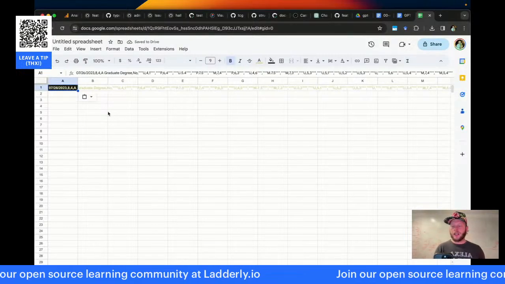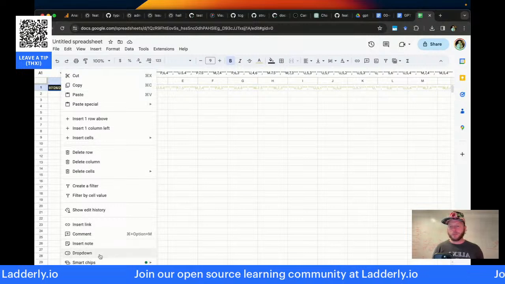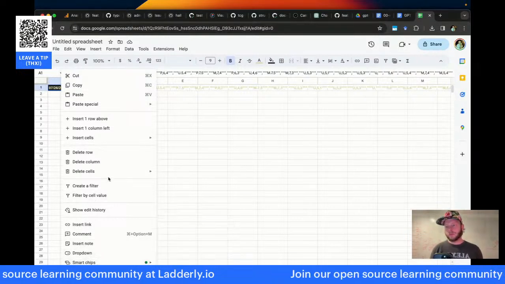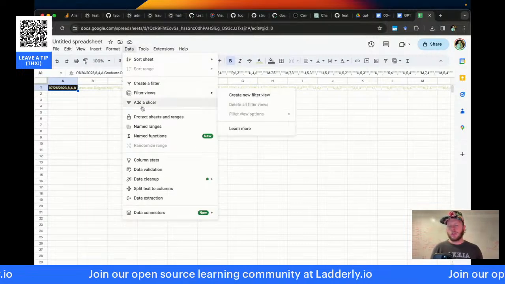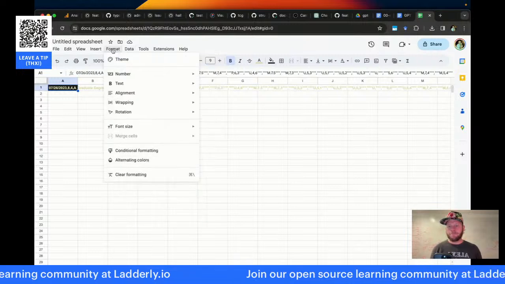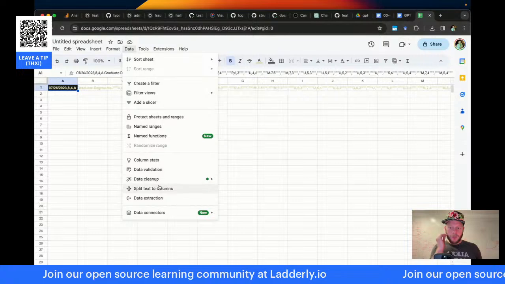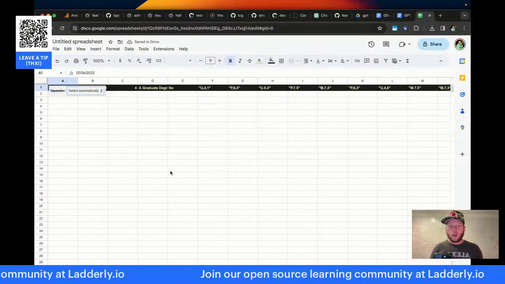I'm pasting all of the data in this upper left cell, and then I'm going to split it. How do I split this? Split text to columns. Detect automatically.